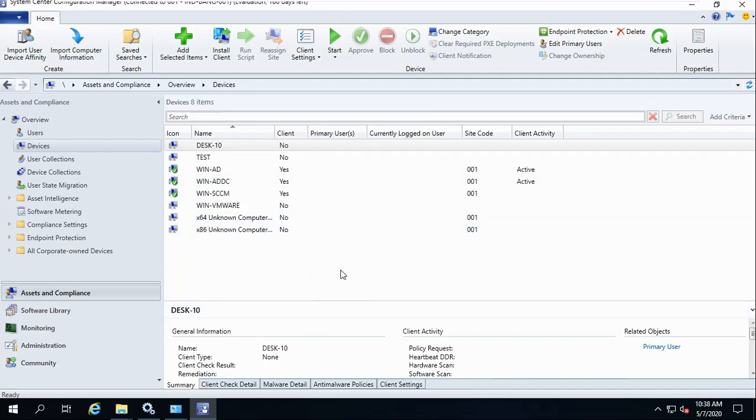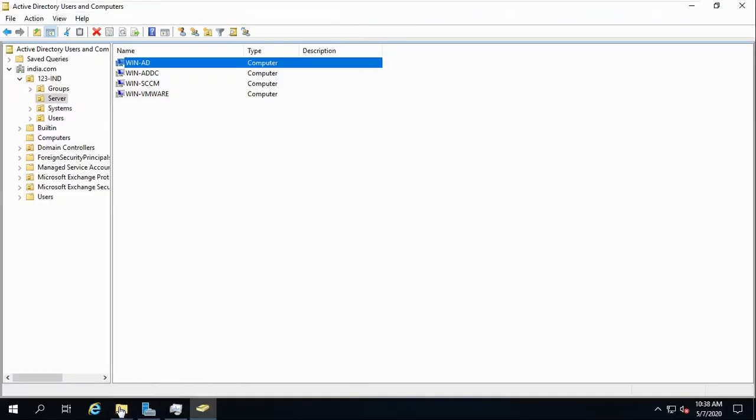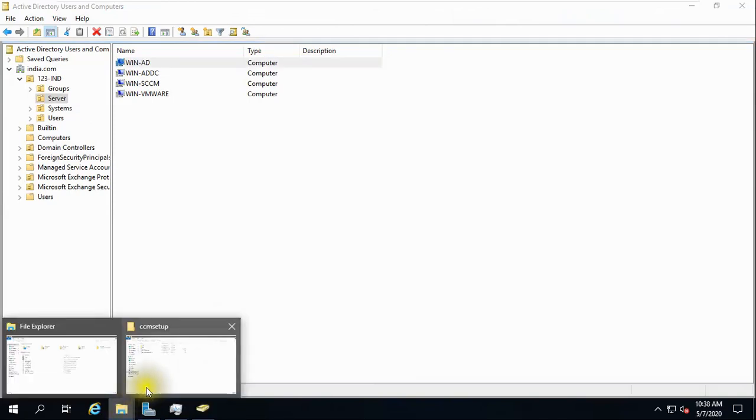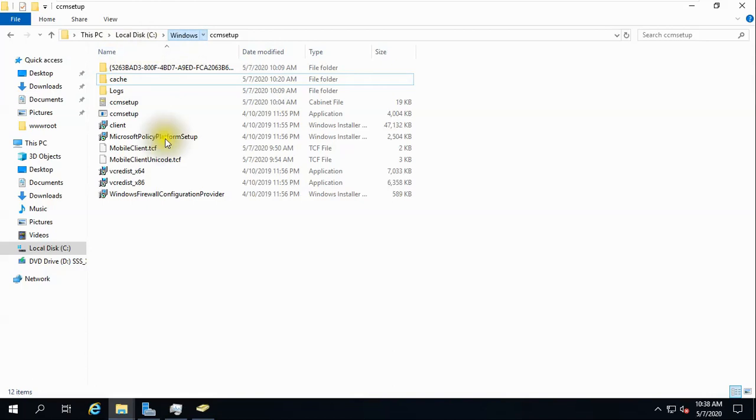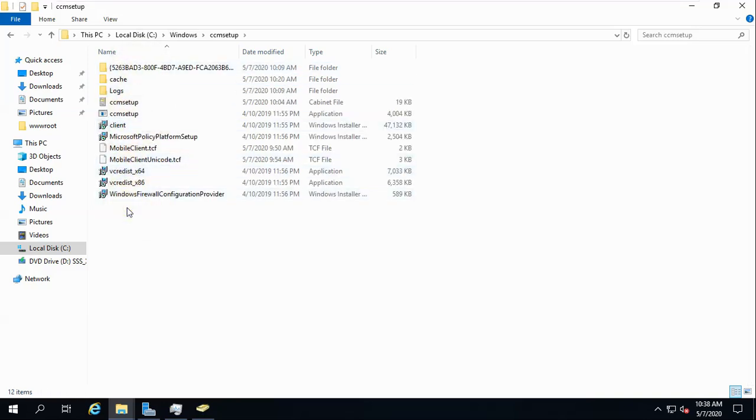The thing is, you should have good speed, a good RAM for your system. So now I'm running with very low RAM, like 1 GB or 2 GB on client machine, so it may not work soon. But we will verify a couple of things from client machine. For example, if we go to Active Directory and once again go to this folder, Windows. As you can see here in Windows CCM setup, you can see lots of files are downloading here.